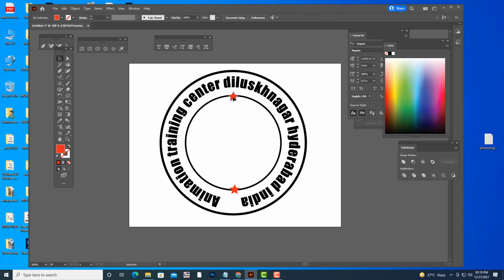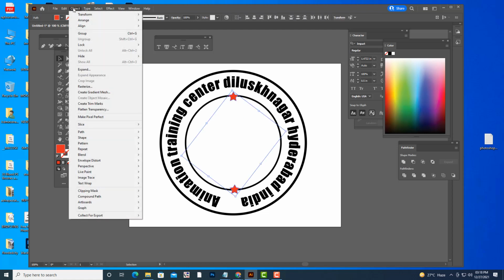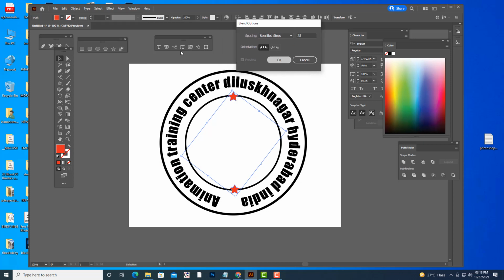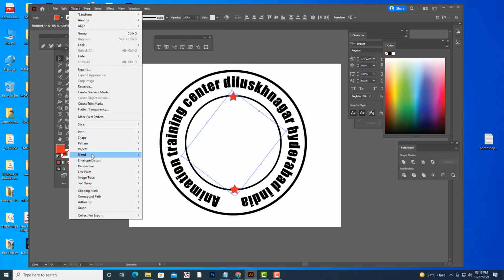Once we have 2 stars, select both the stars, Object, Blend Options, and we don't want 100 here, we'll put 25. Then click OK, go to Blend again, and select Make.